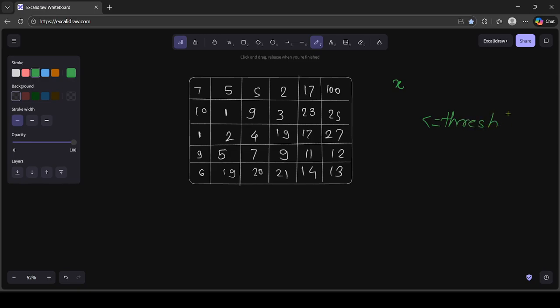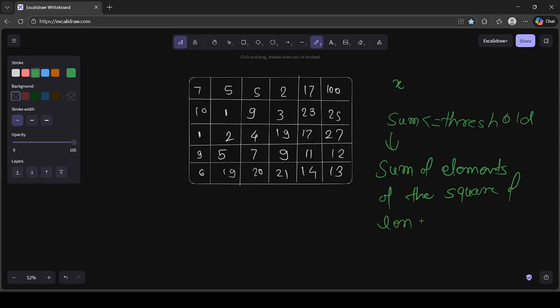Okay, so the whole sum should be less than equal to threshold, where sum is the sum of elements of the square of length x. We have to find such an x such that the sum of elements in that square of side x will be less than equal to